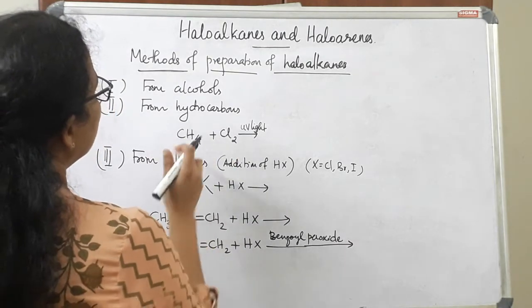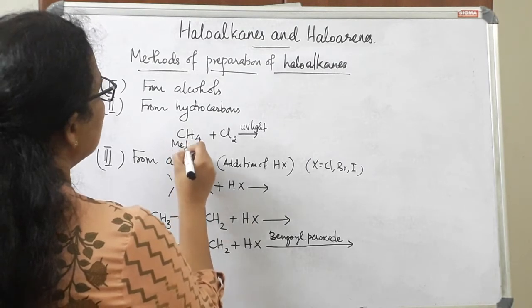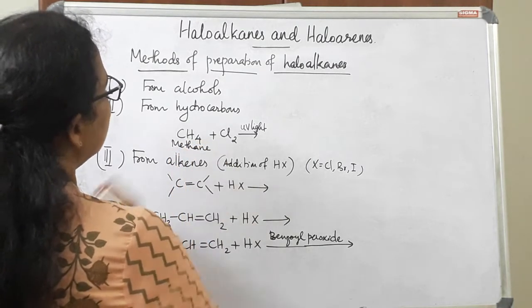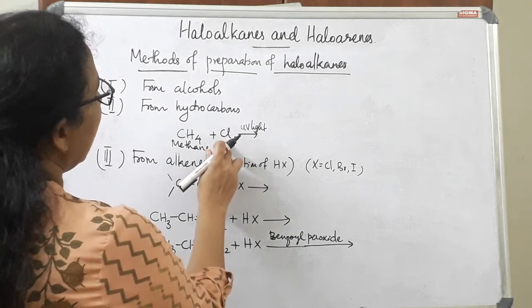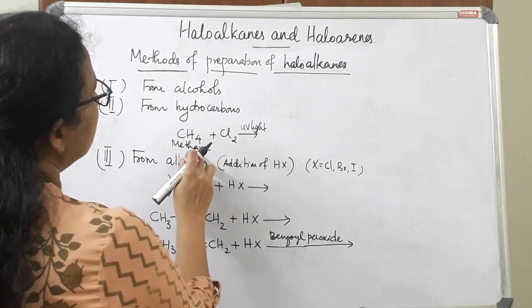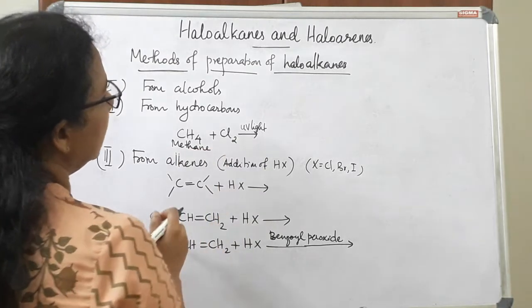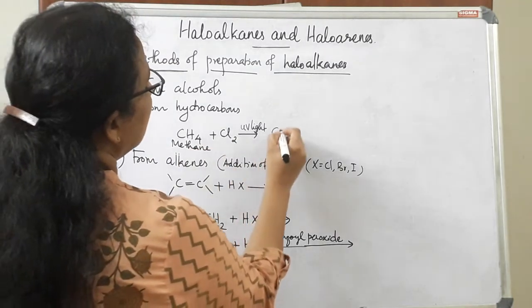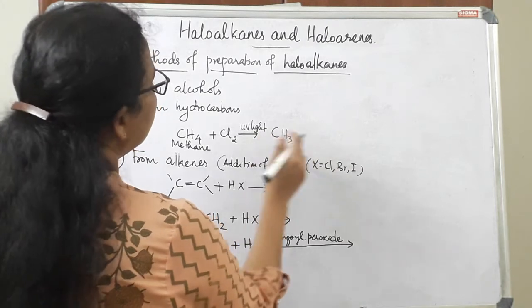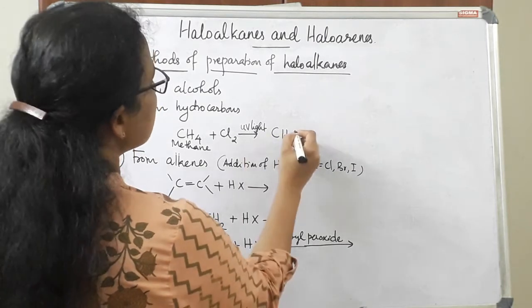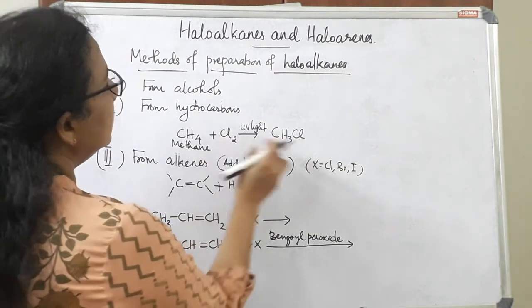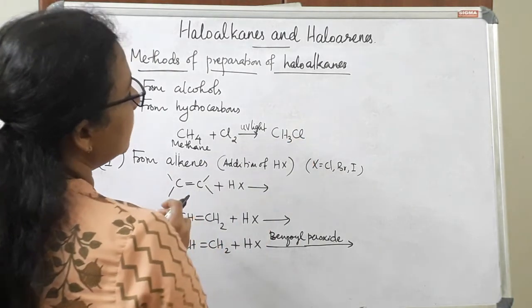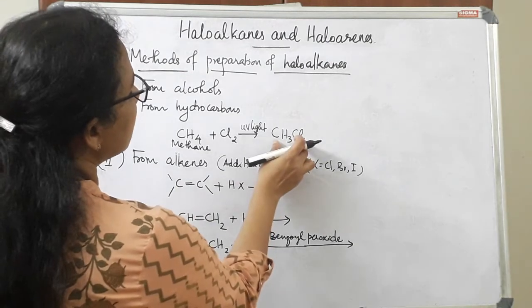Here I have taken methane, CH4. So methane is an example of a hydrocarbon. So halogenation, here chlorination is done. So halogenation of this hydrocarbon methane in presence of UV light, we will get haloalkane. So in the first step, we will get CH3Cl. So halogenation or chlorination here, the first product is CH3Cl.